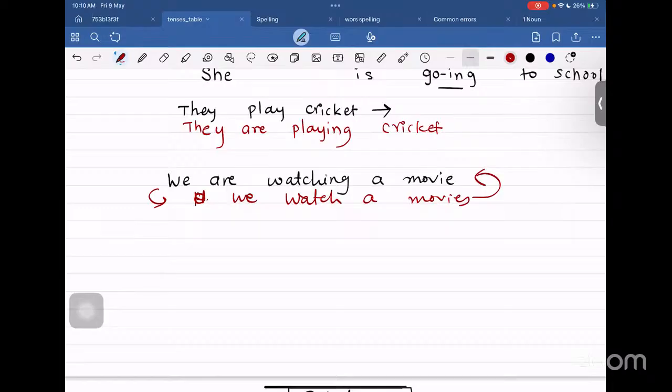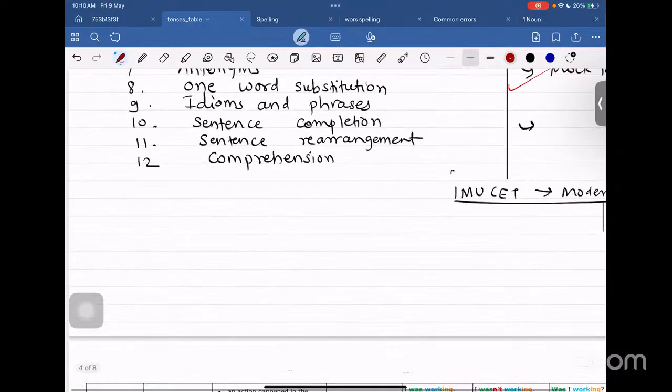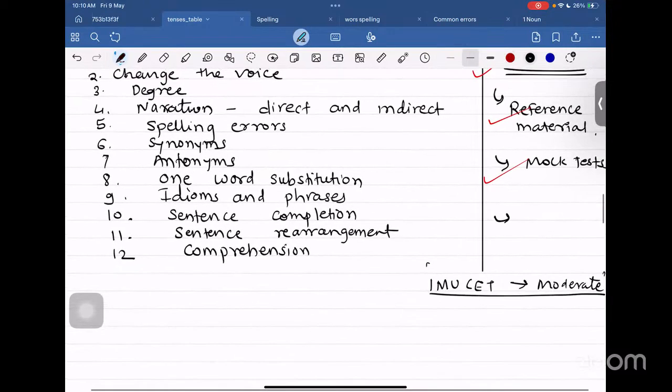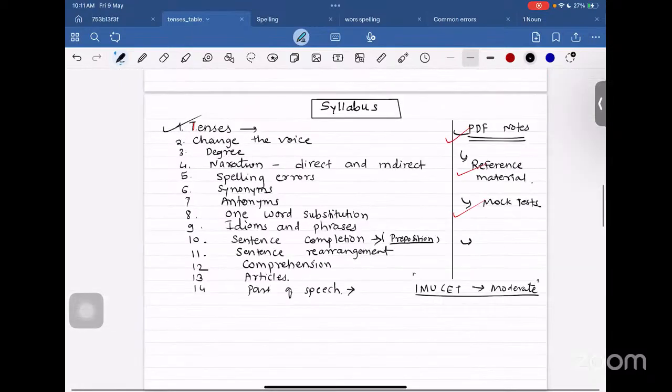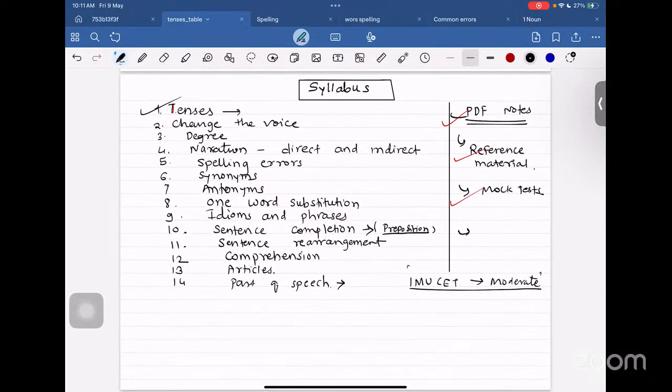अच्छा ये देख, एक चीज यहाँ पे और मिस हो गई मेरे को जो लिखना है, 13 पॉइंट, ये भी ऐड कर लो, आर्टिकल्स और पार्ट ऑफ स्पीच। ठीक है, ये भी हमको करना पड़े। और इसी के अंदर है ना, प्रीपोजिशन वाला सेक्शन बहुत इंपॉर्टेंट है सेंटेंस कंप्लीशन में। इसका स्क्रीनशॉट ले लो आप, क्योंकि इतना पढ़ना है हमको।